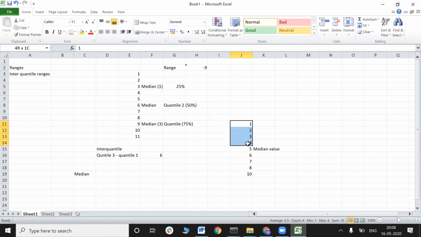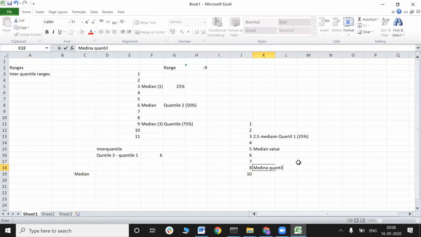I have exactly even numbers, so the number between these two, 2 and 3, becomes my median. So 2.5 is going to be my median for quartile 1, that is 25%. I have to take the average of the two middle values. Similarly, here I have to take the average of two middle values. So that becomes the median of quantile 25%.